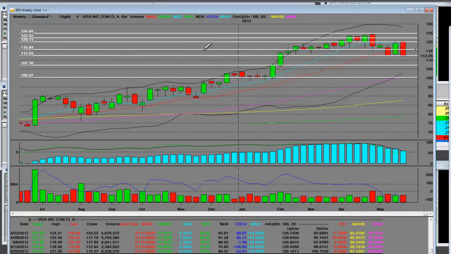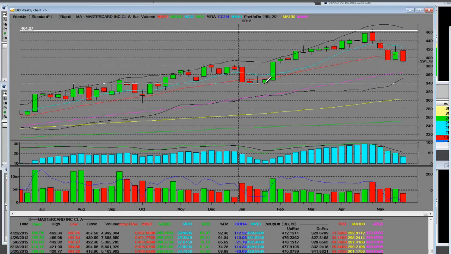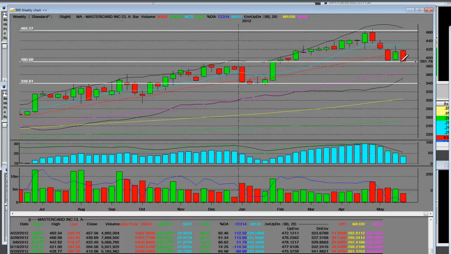Now, another one that we will talk about that goes along with this is the Mastercard trade. We do know that we were getting short the Mastercard up here because it was overbought. What a great bull rally it was. 1 week, 2 week, 3 week, 4 weeks. 10 week is rolling over. It's at a support level right here of that weekly breakout in calendar 2012. Here is another support level over here where it broke down to these bottoms.